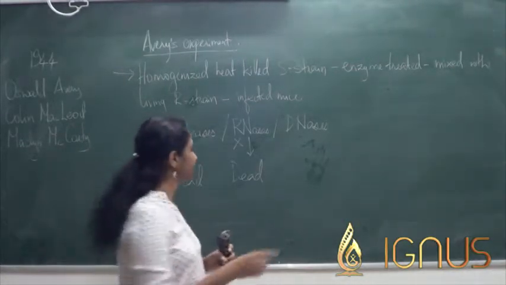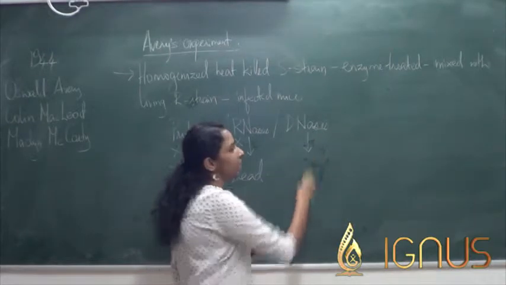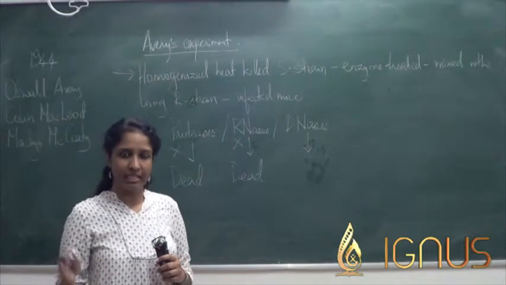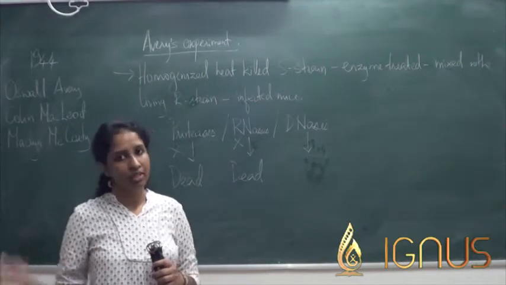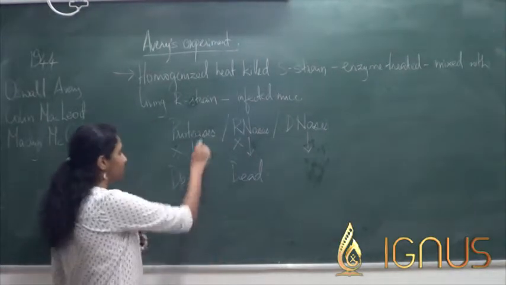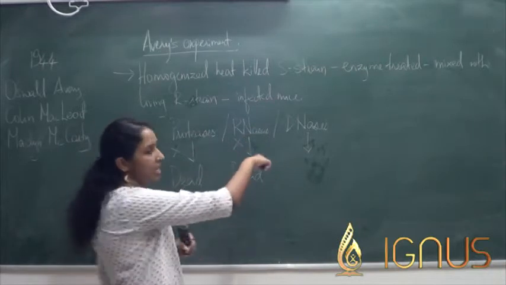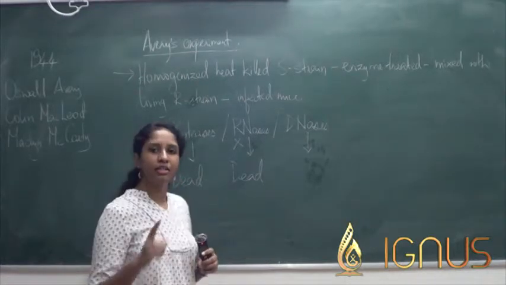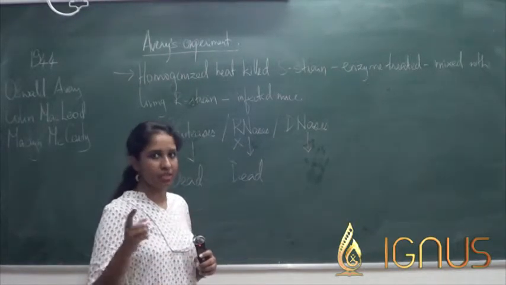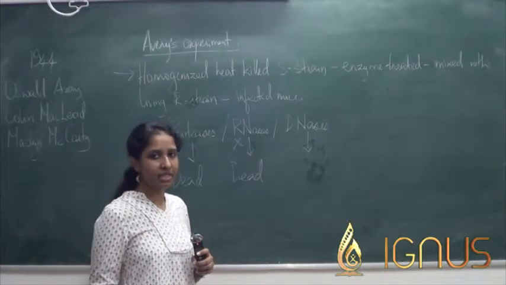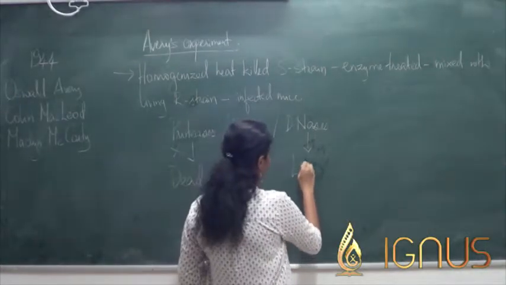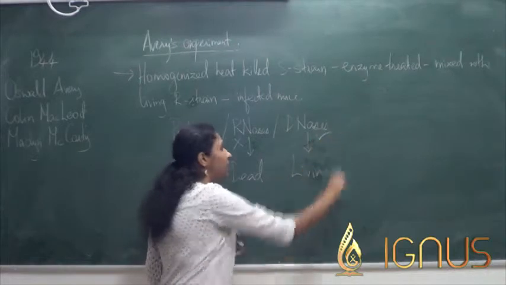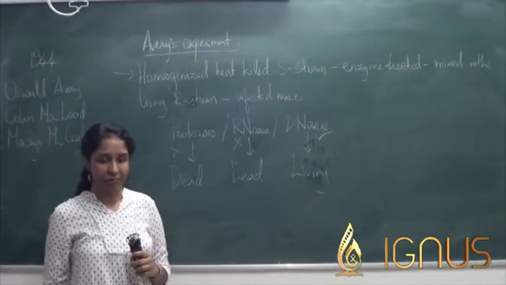The third experiment he conducted was with DNA, wherein he digested out the DNA from the homogenate of the heat killed S cells and mixed that homogenate with living R cells. So this homogenate is going to contain only proteins and RNA, and it does not contain DNA. And when this mixture was added to living R cells and infected into mice, he found that the mice were living. So this by itself proved that the DNA was the transforming material,